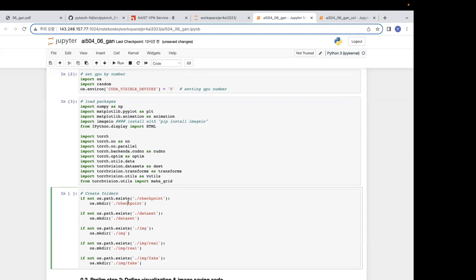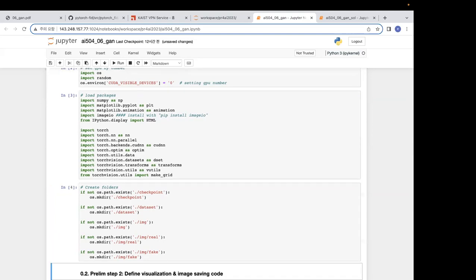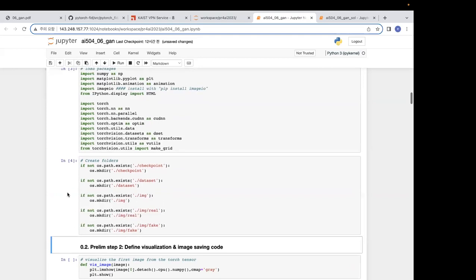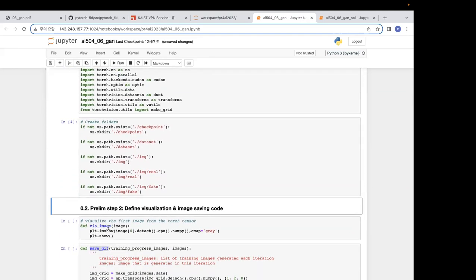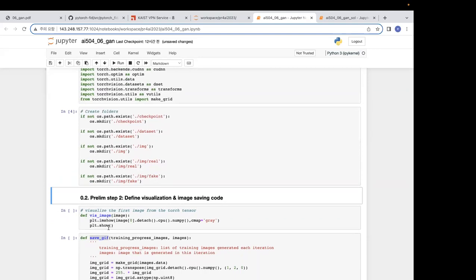This code just creates some folders which we will use later. Yeah, os.makedirs. And the second preliminary step is